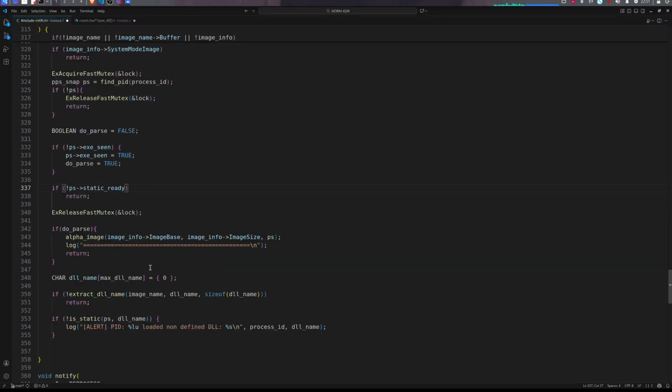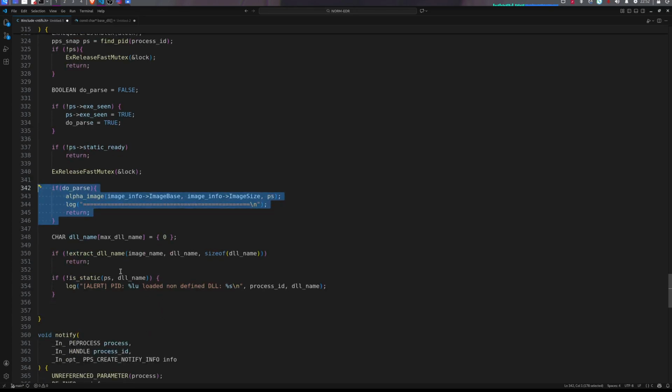So most of the heavy work has been done by the alpha image because it's parsing the binary, and multiple threads are going to parse the binary. It will stop making it, like, to the parse. So we don't want most of the threads to wait just to parse a single binary. So another thing we can see here, we can just copy, cut this,